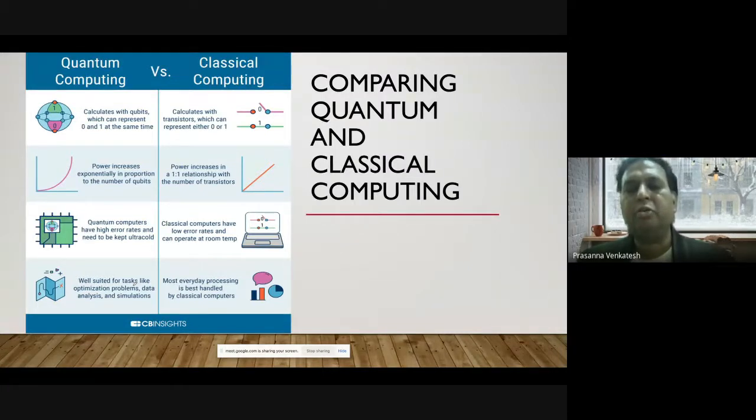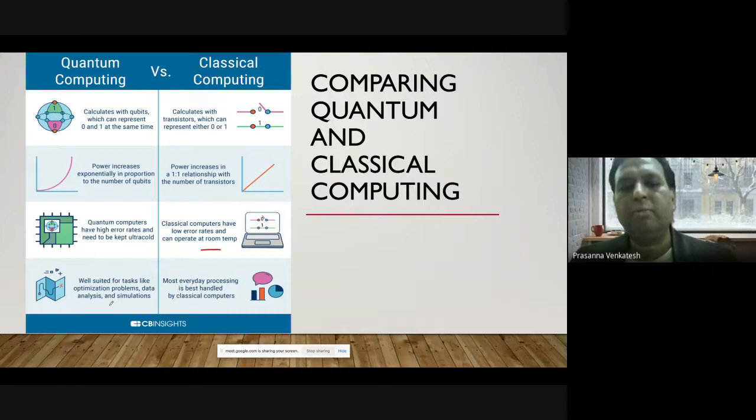And because qubit executions are highly error prone, given the kind of temperature that you are maintaining, a lot of errors happen in the quantum computer space, because we are at a very, very initial stage of working with quantum computing. But in the case of classical computers, the error rates are very, very negligible.